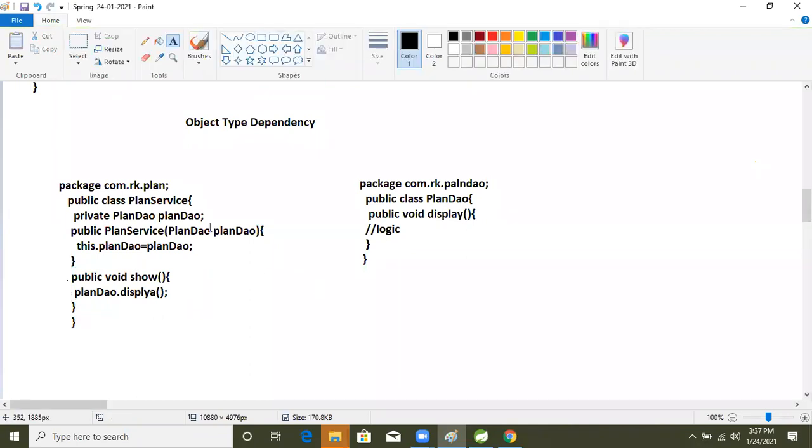But these two classes are there, meaning object reference. So let's see how we will configure these two classes in XML bean configuration, and we will test it.